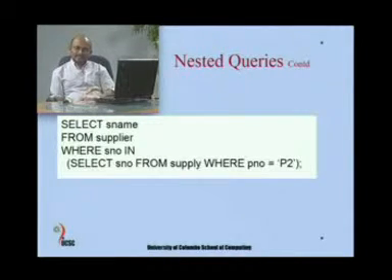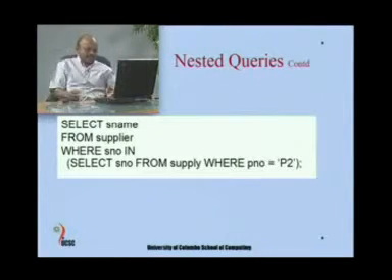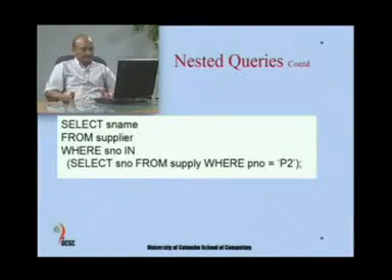You can do this using a join as well, but in this particular case we are showing how to do it using a subquery. So, in this situation the subquery is select SNO from supply where PNO equals P2. So, in the table called supply we are filtering only supply numbers, only one column, satisfying records where that supplier has supplied only part P2. Then those records are extracted and you get, for example, supply numbers 10, 20, 30 have supplied those.